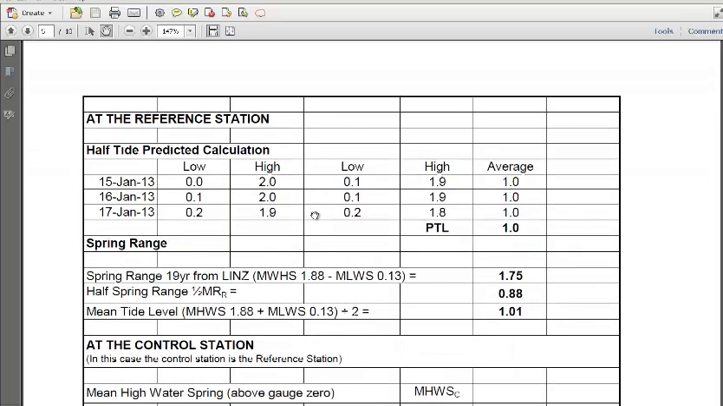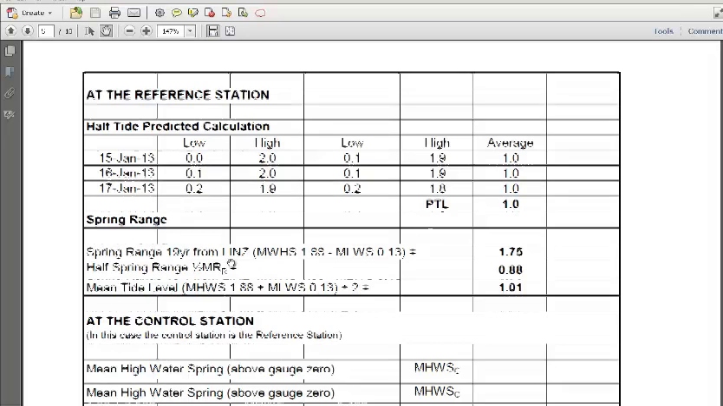Now at the reference station or the control point, we need to do this half-tide predicted calculation. This is done using the tide predictions, and I've done it here just to the nearest 0.1. So we take the information from them, it's meaned or averaged in that direction, and then the average of the average just comes out at 1 in this case. Now the spring range,